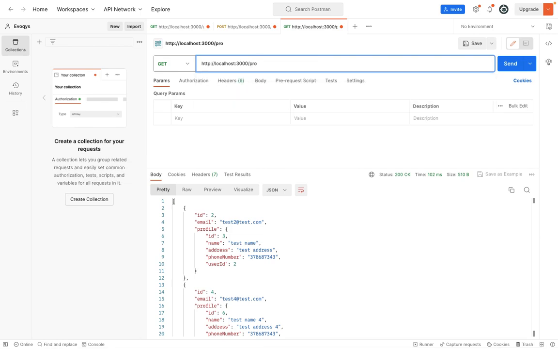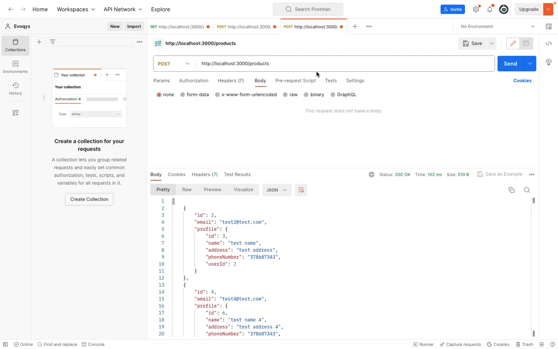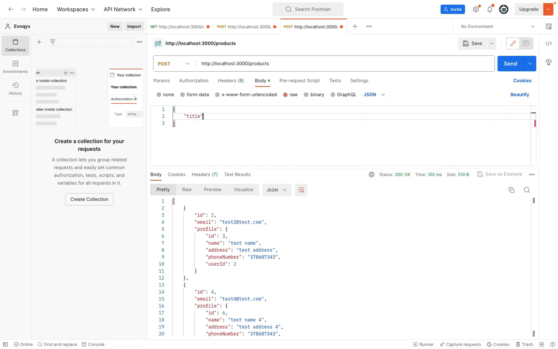I'll call it products. Sorry for all the spelling mistakes. It will be a post route, and in the body, as raw JSON, we will give the product title as simple test product